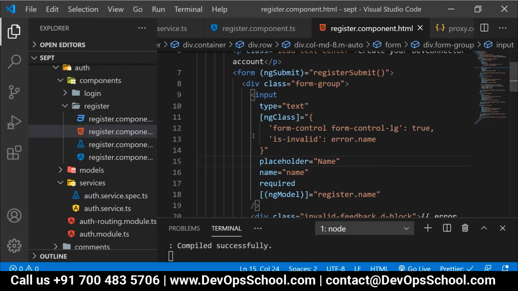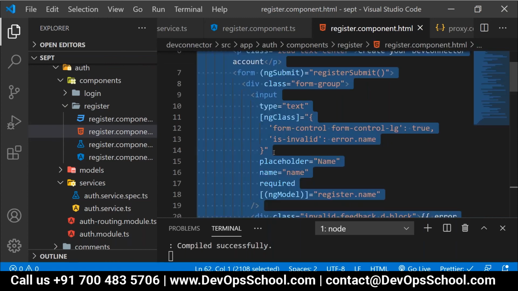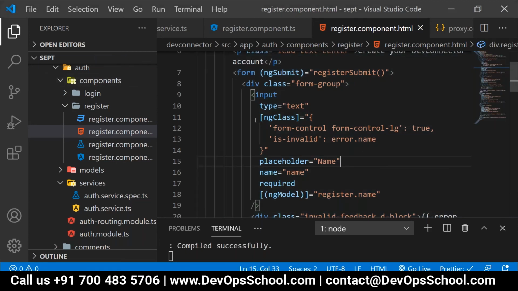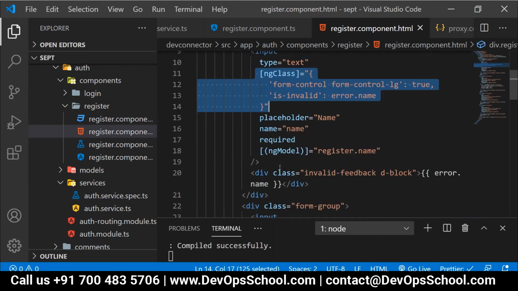So here logically what we did, here we applied the ng class. People, could you please add this stuff at your end so that you can execute it at your end? Or can I share this register.component.html file? People, this file I'm sharing it on a notepad pw. You can check it on a notepad pw. Now people tell me in the same way, can you apply this ng class for everyone?